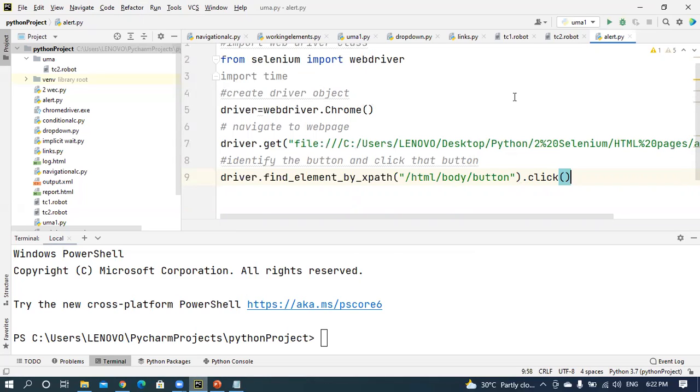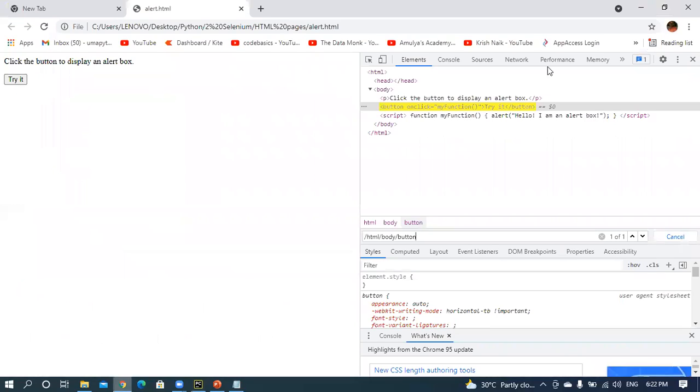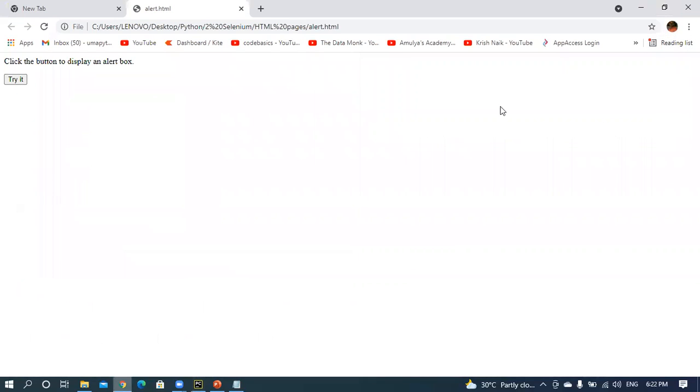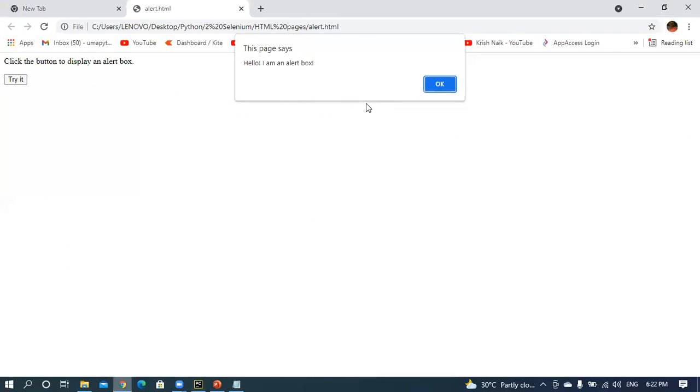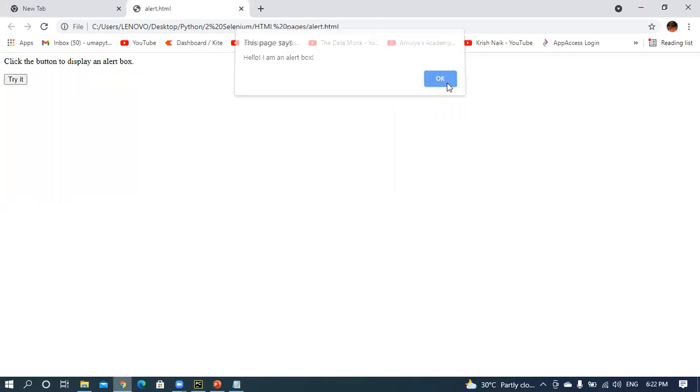If I click that button, what happened? You see, if you click this button, there exists a pop-up window. How can you handle this particular pop-up window?